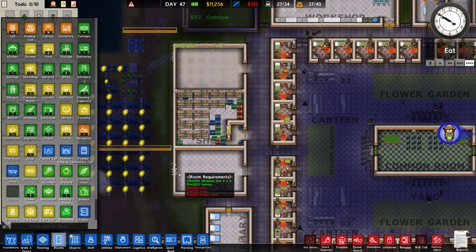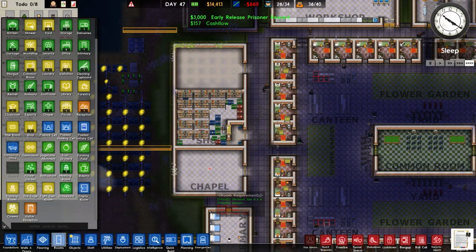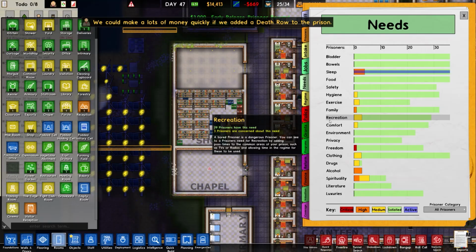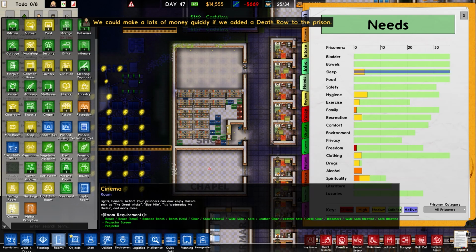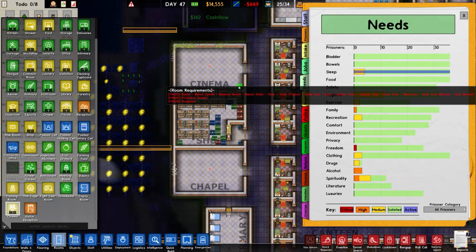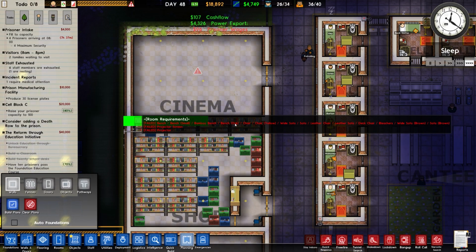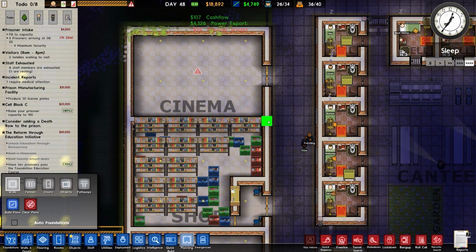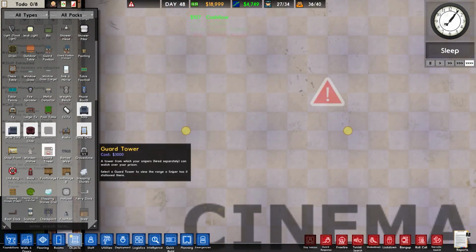And what else can I build? I can build anything I want, but what do we need? There's a bit of a need for recreation. I could put in a cinema. I mean, that would be an easy one to do. Putting in a cinema. What sort of distance are we talking here? 14, so it's going to have to be offset, I'm afraid. So,